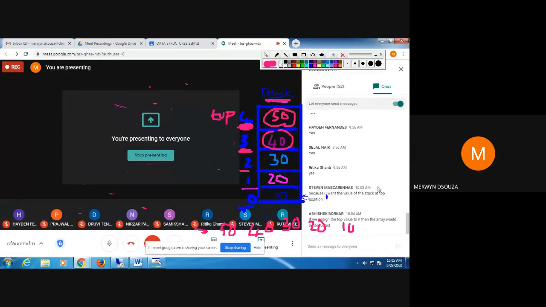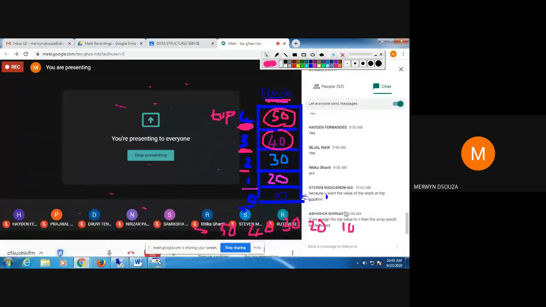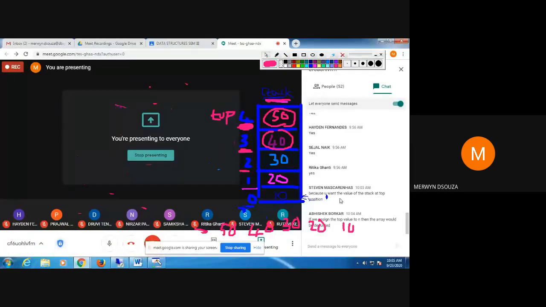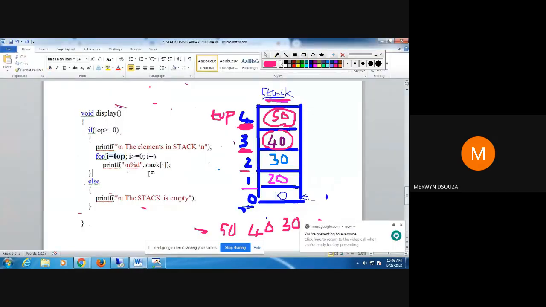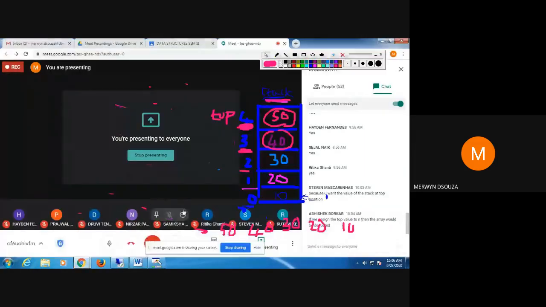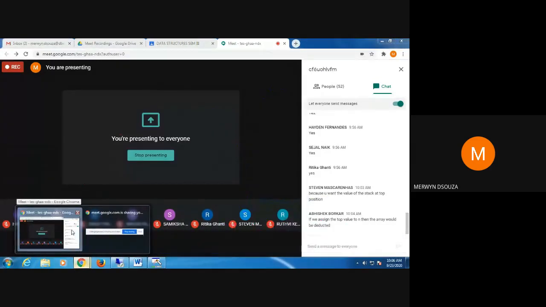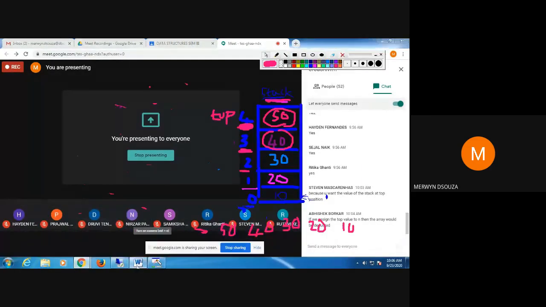If you assign the top value to n, then the array would be deducted. We'll come back to that portion later. Why are we assigning i value to top? I'll tell you a little later. So display function, any doubts? Okay, then we'll continue with the program.